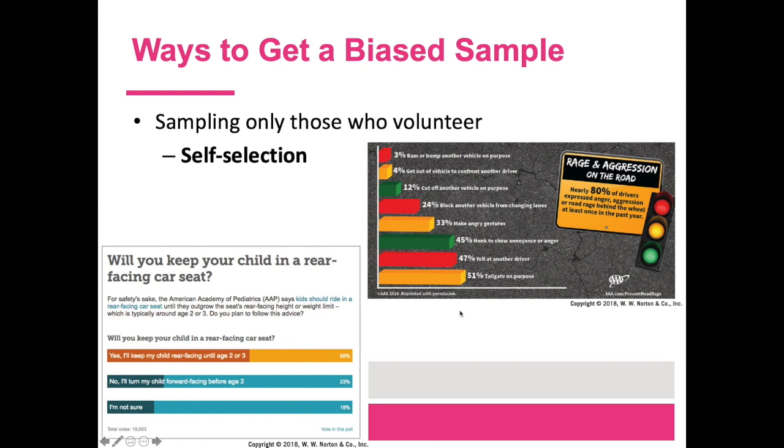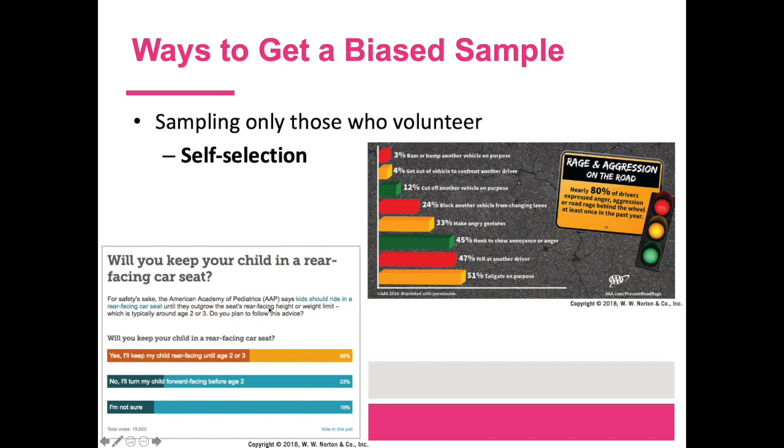Another way to get a biased sample is sampling only those who volunteer. So you can set posters up and say, please be part of my study, or you can do it online. I've done several Twitter polls, and those are not generalizable. Very certain people are looking at my Twitter account and are participating in my poll. The same thing happened here when